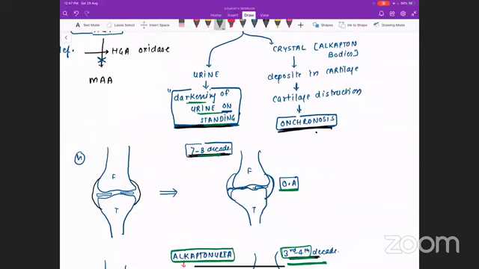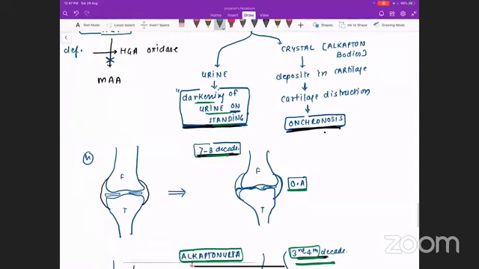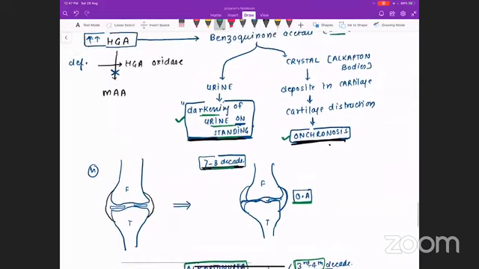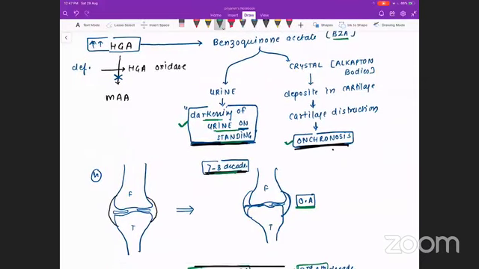So what you will do is, you will take a urine sample and tell him to wait for some time. He will wait for 15 minutes, and you will see that the urine color is changing. So you have both the features: joint destruction at a very early age, and darkening of urine. And this combination is called alkaptonuria.